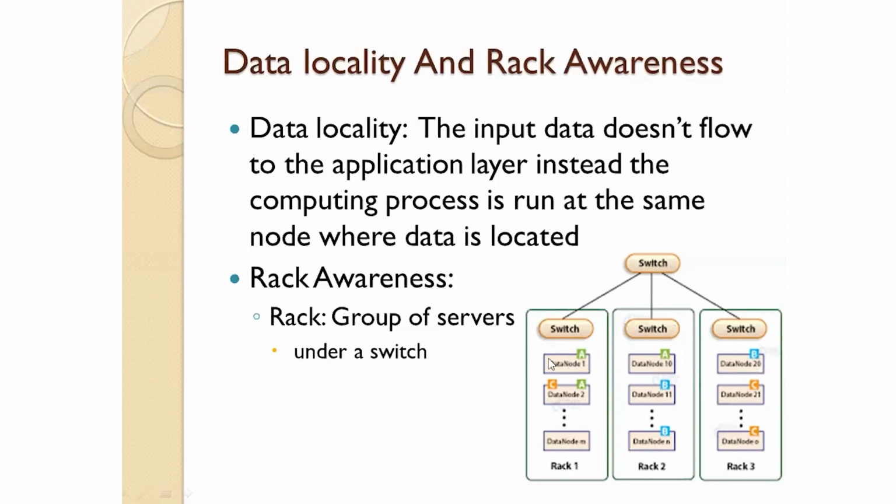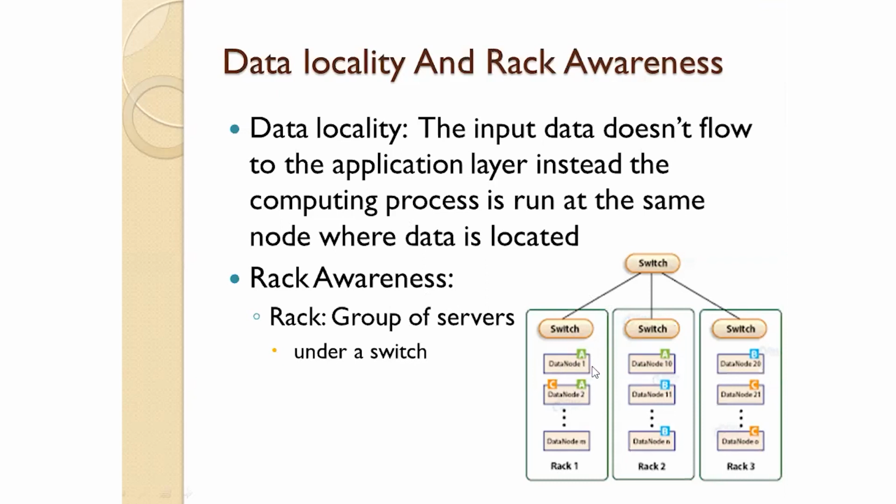So what happens if some data node is lost in this case? We have to take the replica from another geographical location, where here also we are moving the data from one network to another network. This is also not an optimal solution. So that is why rack awareness suggests to keep two replicas in a rack but not on a single data node. So in one rack we can keep two replicas but not on the single data node.